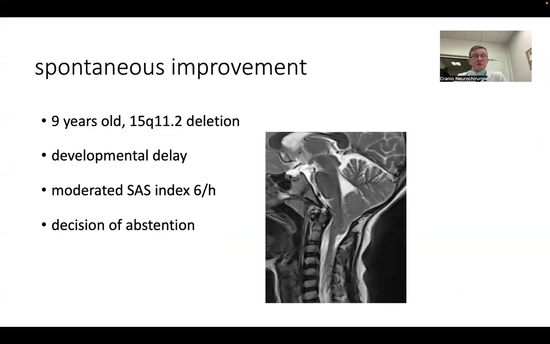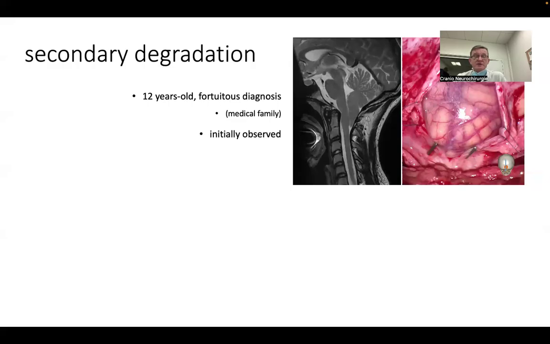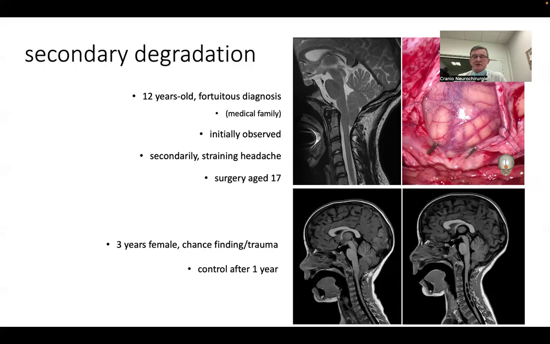So what is the outcome of these asymptomatic patients? In many cases, it can regress spontaneously, like in this 9-year-old girl. We abstained and she improved very much thanks to our abstention. On the opposite, some rare cases can aggravate spontaneously. This was a child diagnosed at 12 years. She was asymptomatic and we decided to observe, but secondarily, she aggravated a few years later and she required surgery, with very low tonsils, as you can see. And also in this patient, it was a chance finding after a trauma, but the control after 1 year showed syringomyelia appearing and requiring